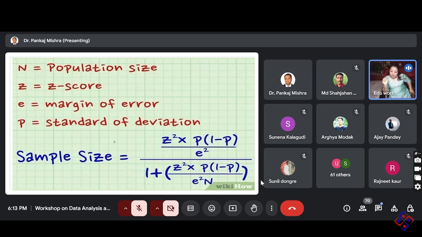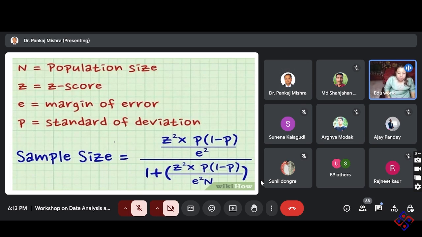Otherwise, you also have one way, that is an online sample calculation. So you Google it with the help of sample determination. There you have to put the mean value. And by putting the mean value, and the number of respondents, you will get an accurate sample size. So there is an online way also, that is a free online method. You can apply that one also.